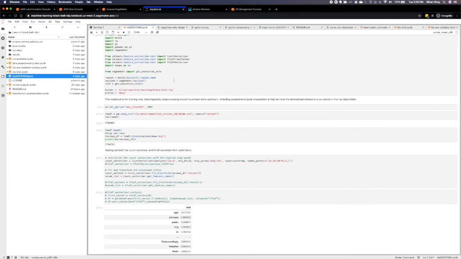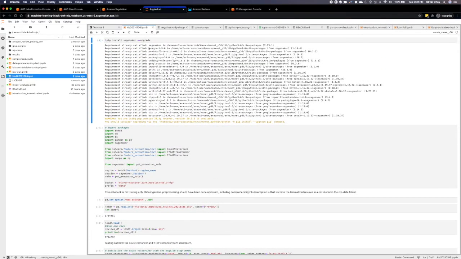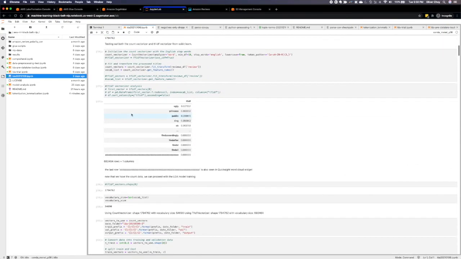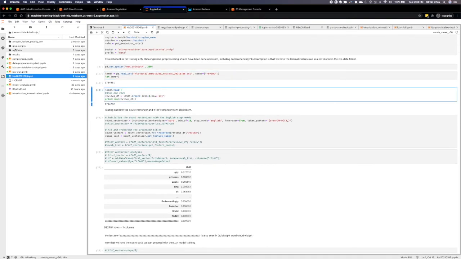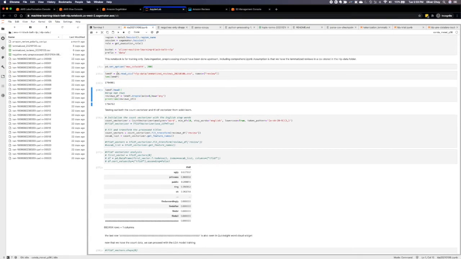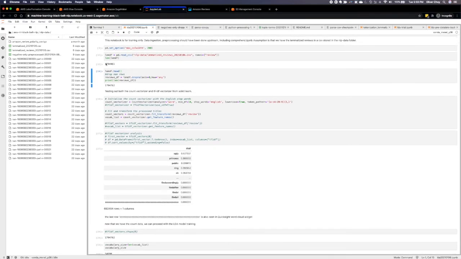LDA notebook instead. At the beginning of the LDA notebook, it downloads the lemmatized reviews, which is an output from the tokenization and lemmatization Python notebook, from S3. I just download that into the NLP data folder and read from it using a pandas data frame. So you can see the lemmatized review with the date, the same number of reviews as I've seen before,